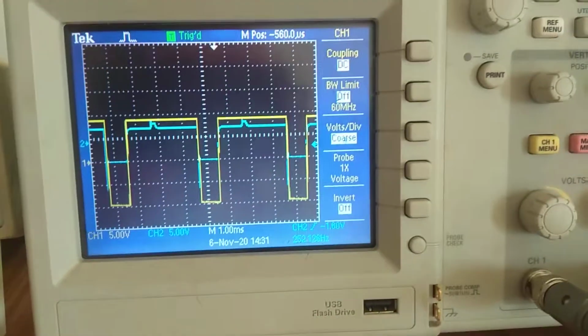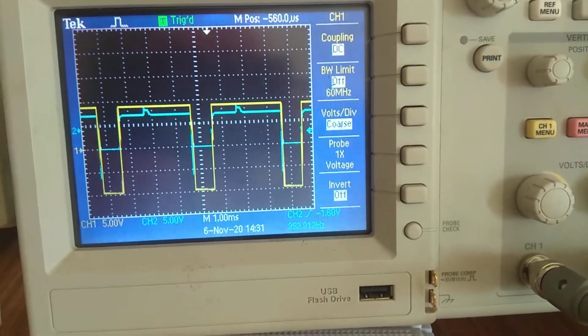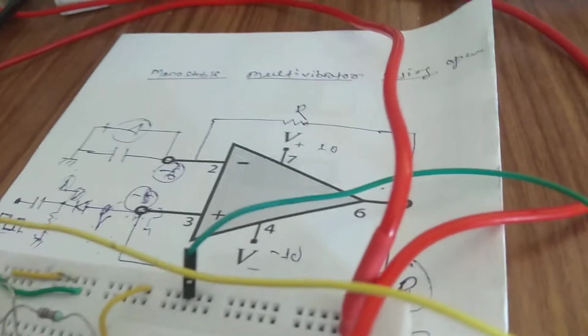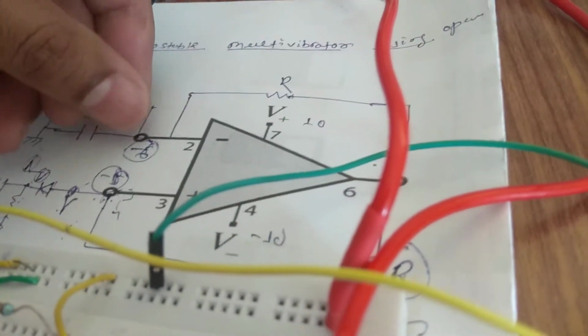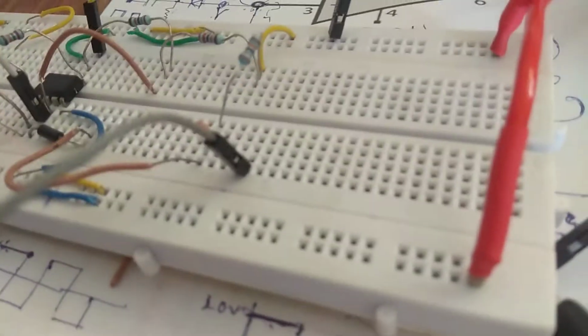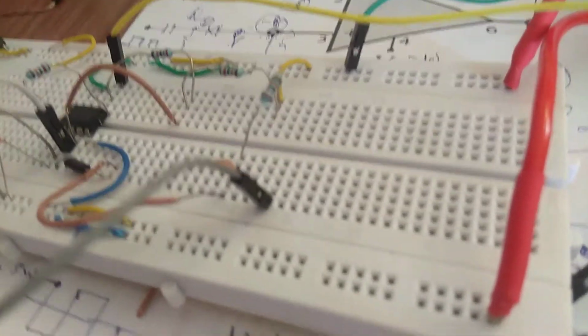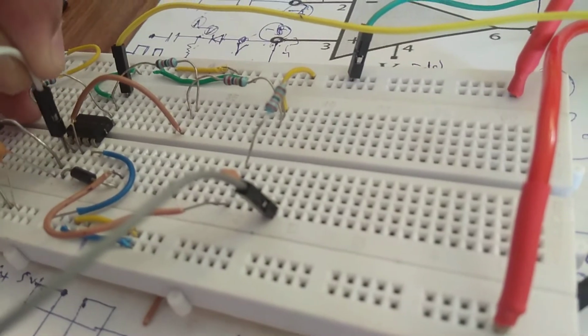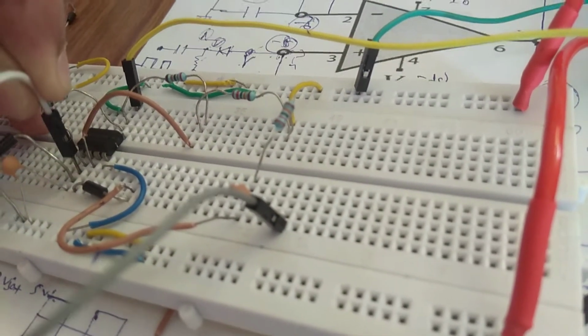Now if I want to check the capacitor value at this point, for that I need to connect. This is where I am connecting at terminal 2.